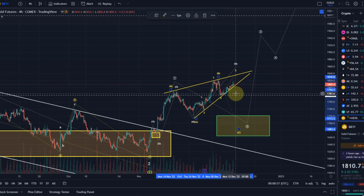but we will get some clarity. So if we don't make a new high now and we break below 1779, this support level of the wave 4, then this is my preferred count, A, B, C. But the target here would not be much different. Okay. The only other count I can think of, and that would also be a bullish version,